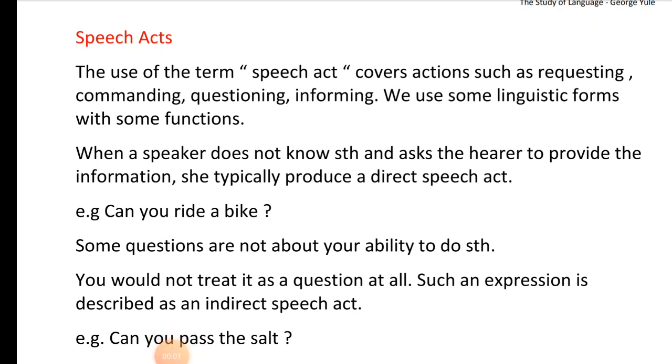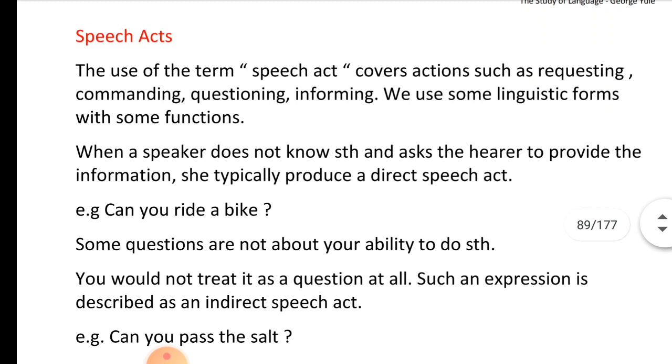Okay, this is the final part of this chapter, chapter 10, which is speech act theory. Speech act means when your sentence makes the listener perform an action. This is called speech act. When you say something which makes your listener perform an action, for example, commanding, requesting, questioning, informing, all these are